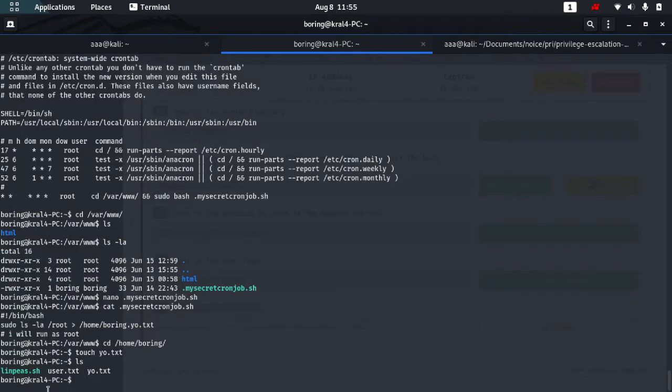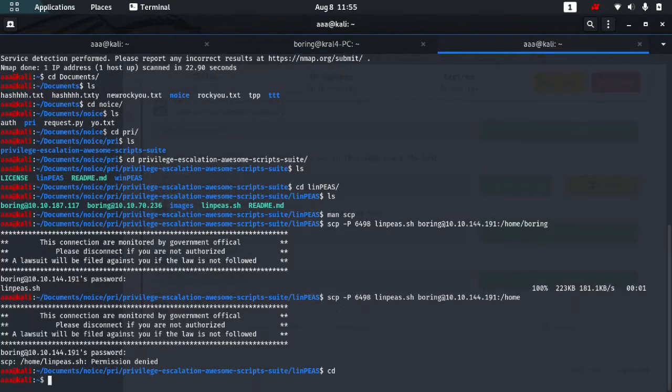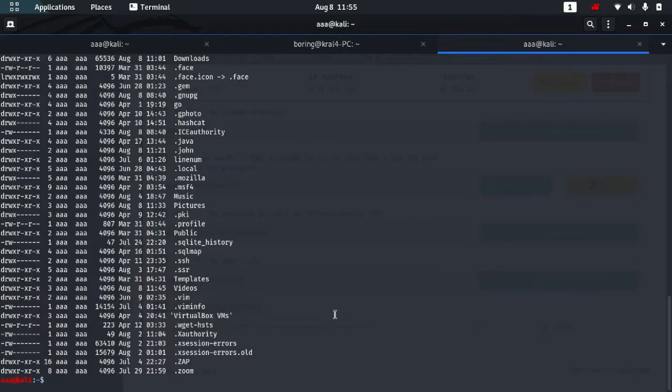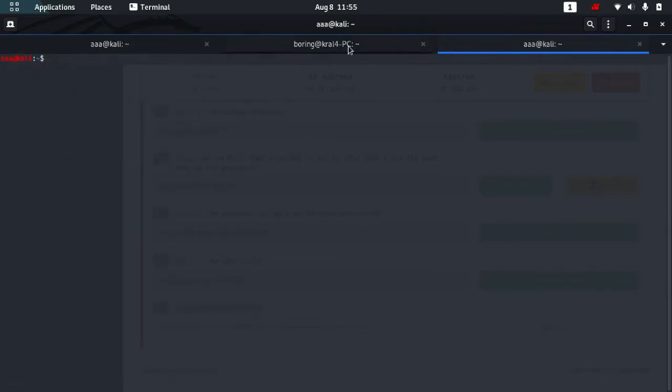You can see ls now shows yo.txt, and this thing will run sudo ls -la. In my normal terminal, when I type sudo ls -la and enter the password, we can see this output.